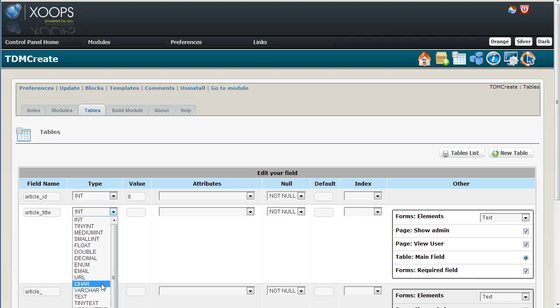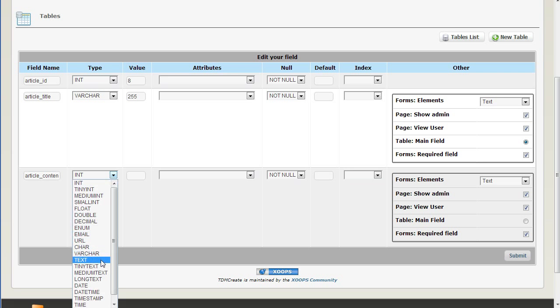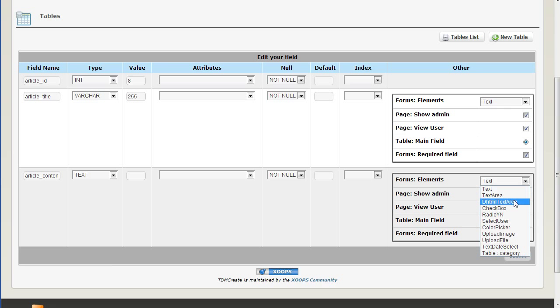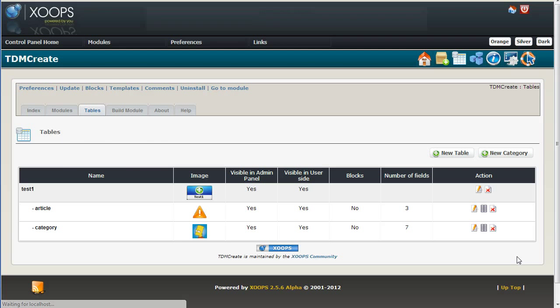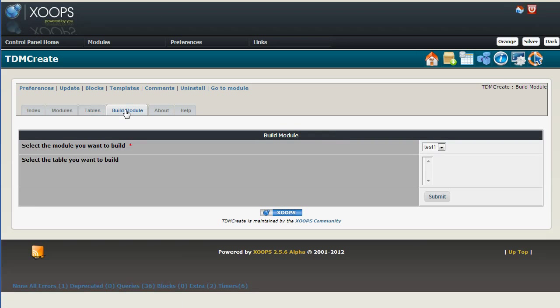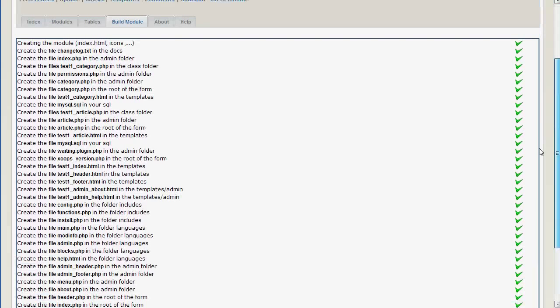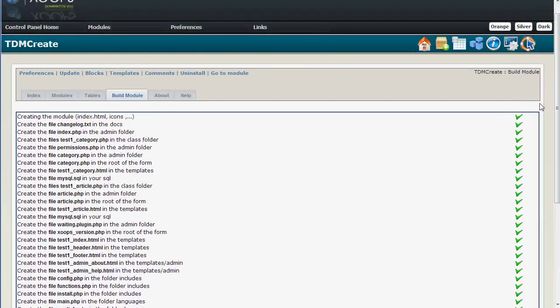Let's add a title for our table, and we can define here whether it's a required field or not, and then let's add content and define the type of the field. So let's say text, and then let's select the element which we want to have to show the content of the field. So now that we have the tables defined, let's just go and build the module. And normally we could select the module, but we have only one, so let's build it, and we see that all the elements have been created correctly, so the module has been generated,